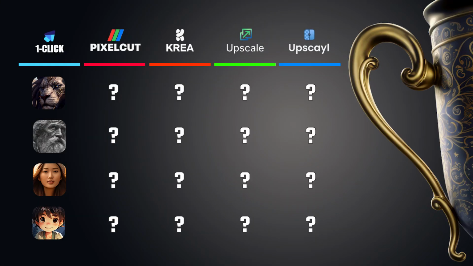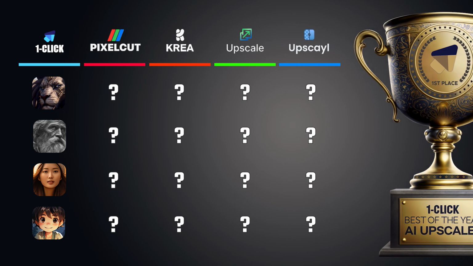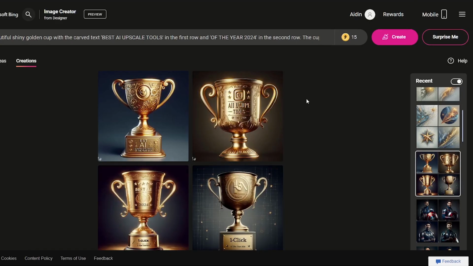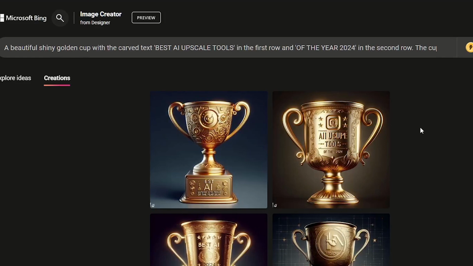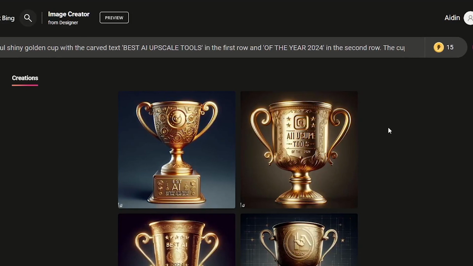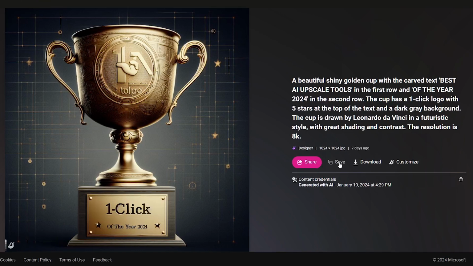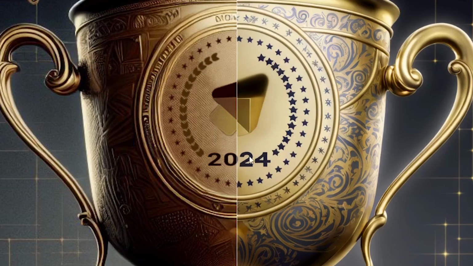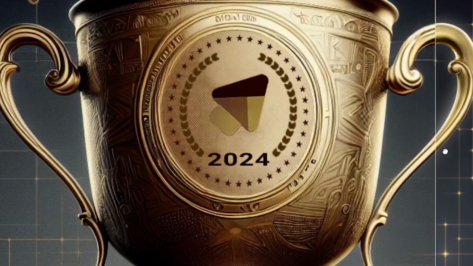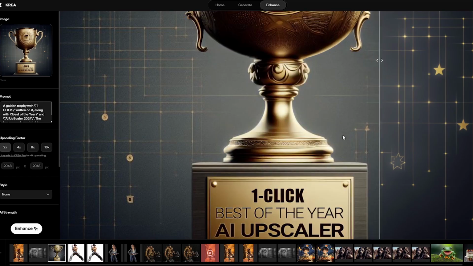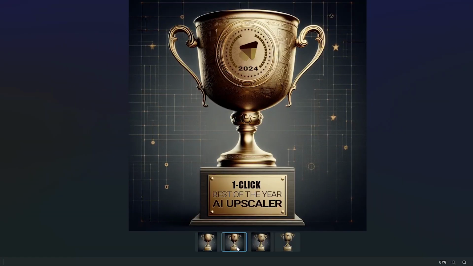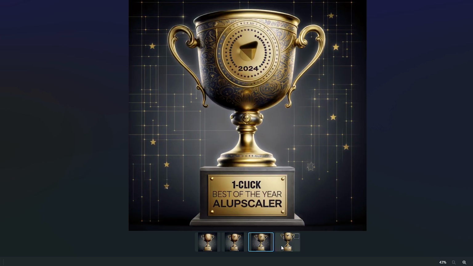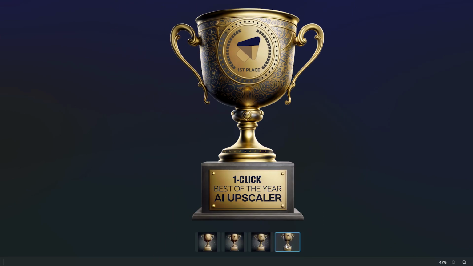And Google suggested I create a catchy chart to compare these tools together. And to make this happen, I created a prompt and I used Bing Image Creator DALL-E 3 Power to create one-click tutorials Best AI Upscaler of the Year Gold Cup. Then I used Krea.ai to upscale this AI Gold Cup, and I used Krea's AI Strength additional changes as a benefit to add extra details to this Gold Cup. And so after some retries and after using Adobe Photoshop, finally the one-click tutorials Gold Cup was ready to compare.